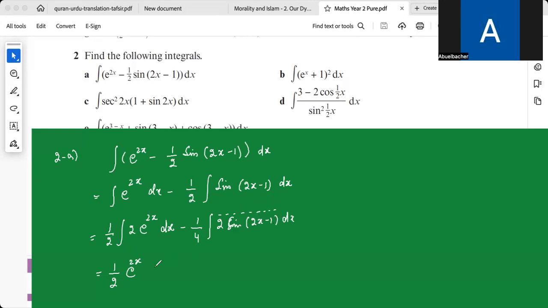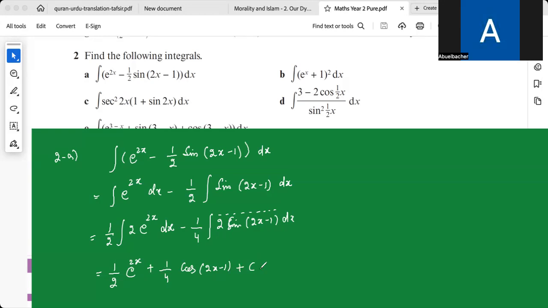So when you go back, you will get 1 over 2 into cos 2x minus 1. There will be a negative sign that will make our negative into positive,